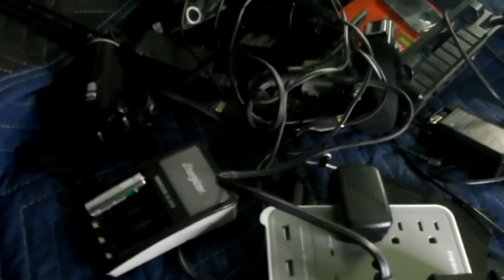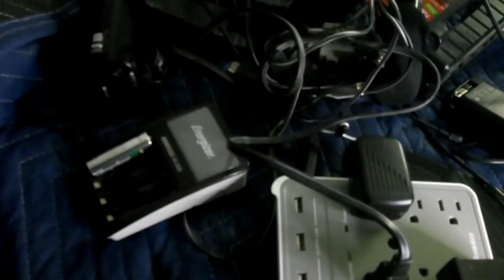Okay, the rest of this stuff. Okay, let's get into it. Alright, this right here, that's a battery pack. That is a battery pack that AA batteries go in, and I charge it up at night. Usually I charge a couple of them up before I take off on a trip, just in case,